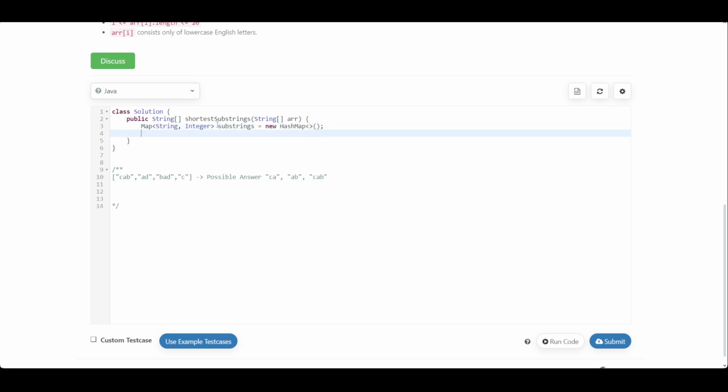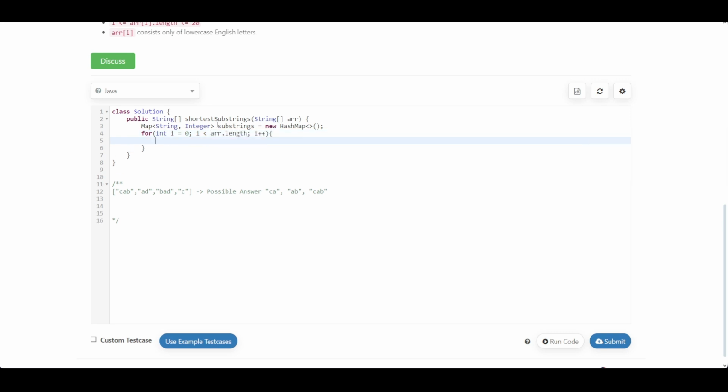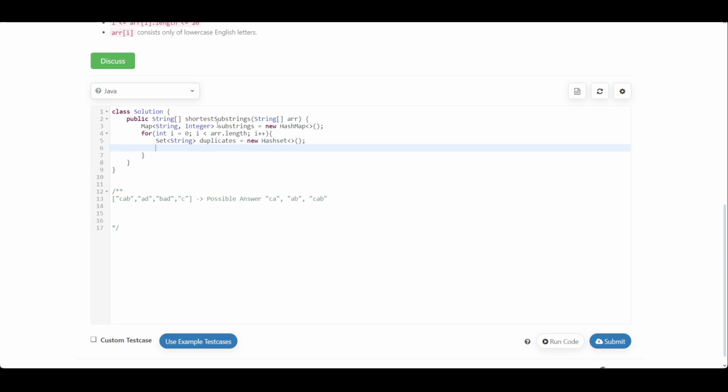And then what I'll be doing is, let's just use a for loop, for int i equal to 0, i less than array.length, i plus plus, and let's use a set of string, that is duplicates, that is equal to new HashSet, and then let's have the current word, that is string word will be equal to array[i], and let's have